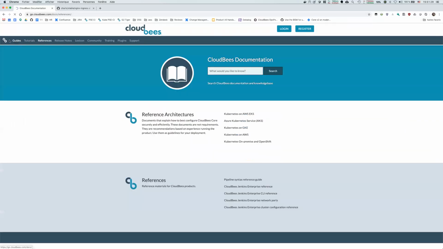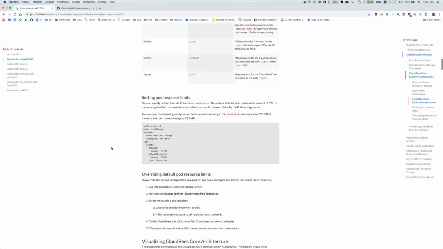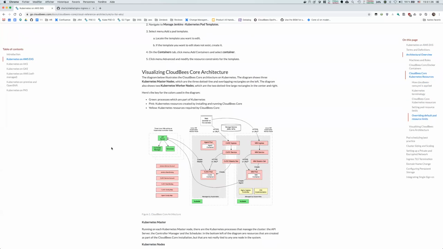I will come back to the reference architecture. I think this is the box with one node essentially. So a node port is a kind of service. It's a box like this, except that usually the CJOC and managed master services have the type called cluster IP, so they just get an IP in the cluster to get access.